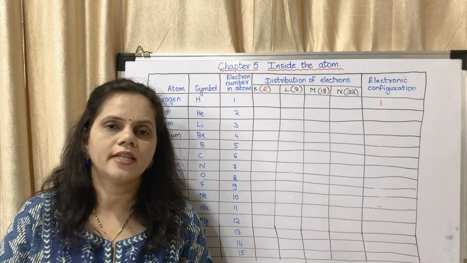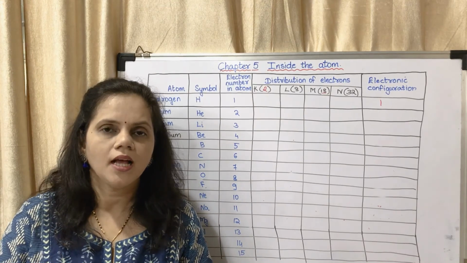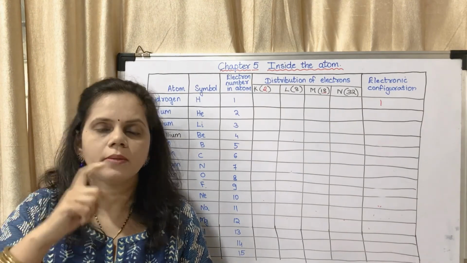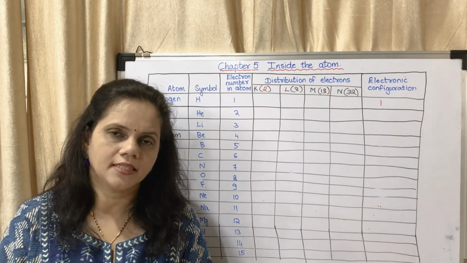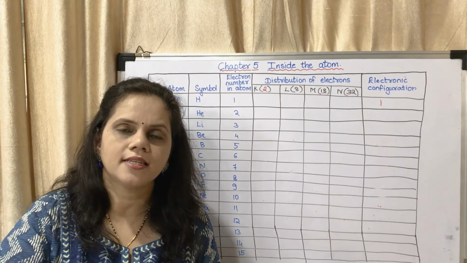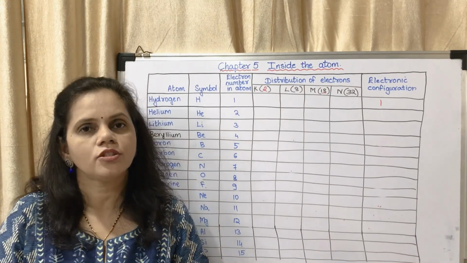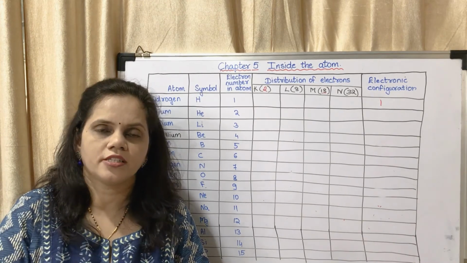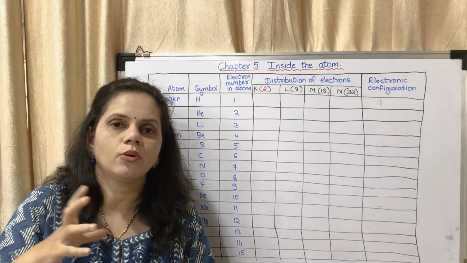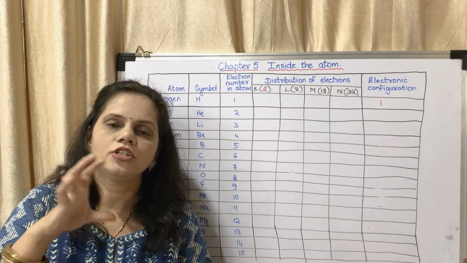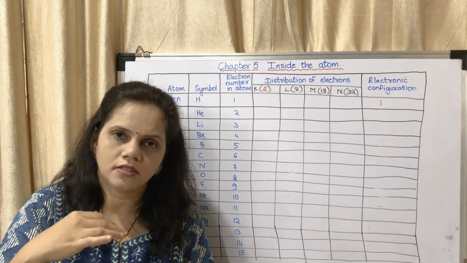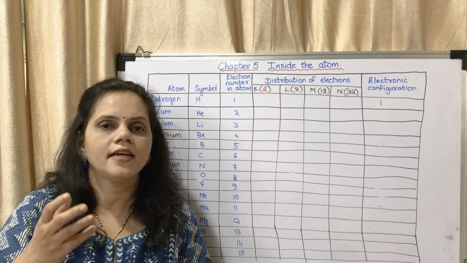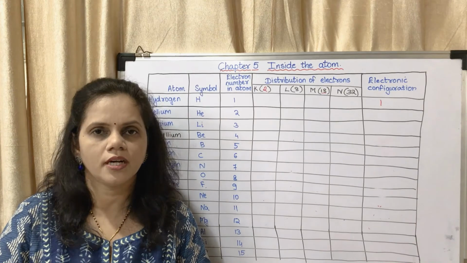So you know that like poles repel, unlike poles attract. So positive and negative will attract, but positive and positive will repel each other. So how come in the nucleus all the positive charges are staying together? They are all staying together with the help of those neutrons. So neutrons are reducing the quarrel between them. Neutrons are reducing the repulsive force between the protons, and it gives stability to the atom.